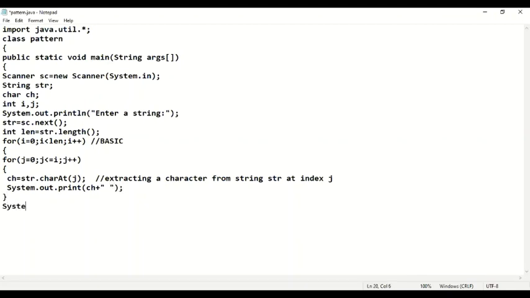Then we write System.out.println(). This is the end of the for loop, end of main, end of class. This is what we are doing. How are we doing this?